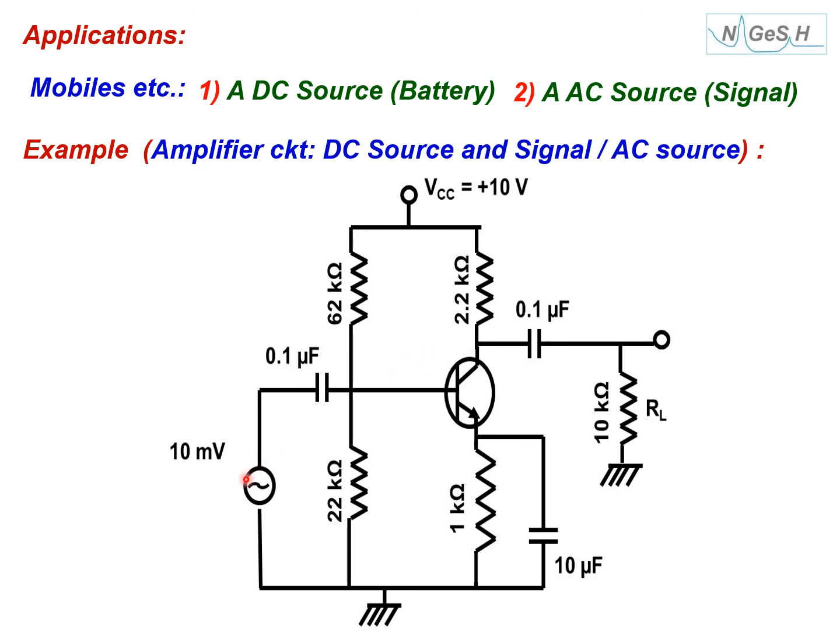When I apply superposition theorem, I will first consider only DC voltage. That means I'll short circuit this. And once DC is considered, you can also see another thing. When DC is considered, the capacitors block DC, right? So they are like open circuits. So all capacitors can be opened. So only a small part of the circuit will remain with a DC source. When I consider the AC source, for a real operating frequency, the capacitors behave like short circuits, so I can just short them. And if I short here, this resistance will go off and the battery will be grounded. Now you see.